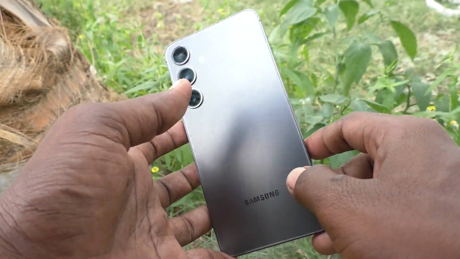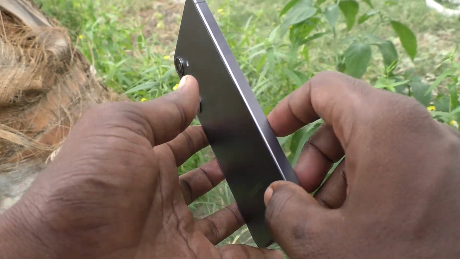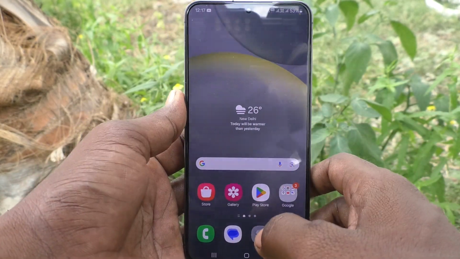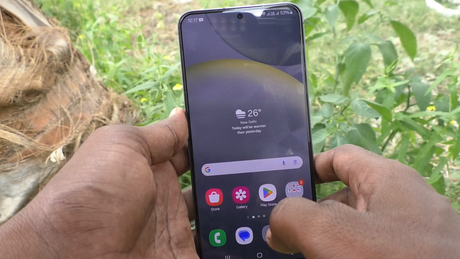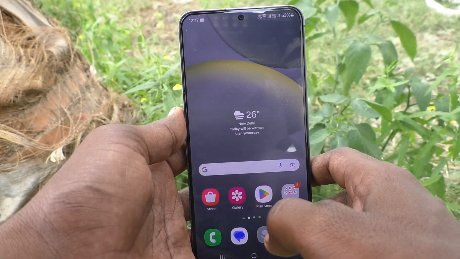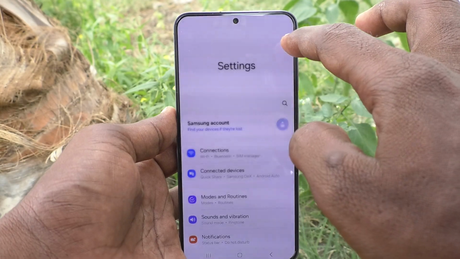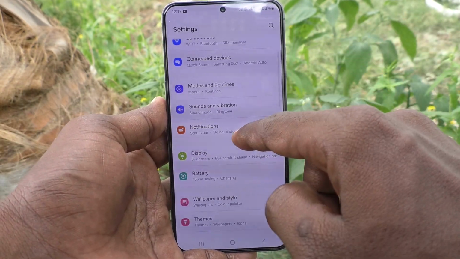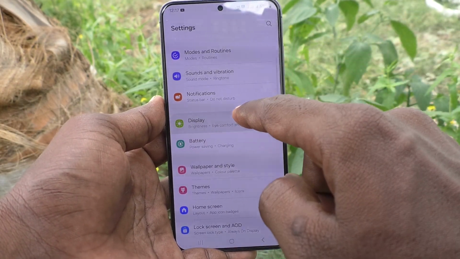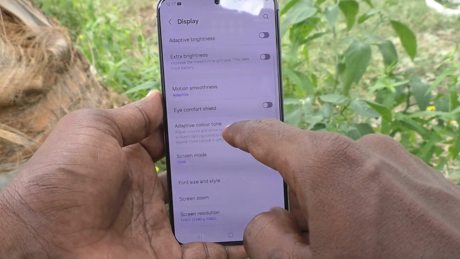Here is Samsung Galaxy S24 Plus 5G smartphone. In this video, you will learn how to enable or disable adaptive color tone in your phone Samsung Galaxy S24 Plus 5G. First of all, go to settings of your phone here, then go to display, and here select adaptive